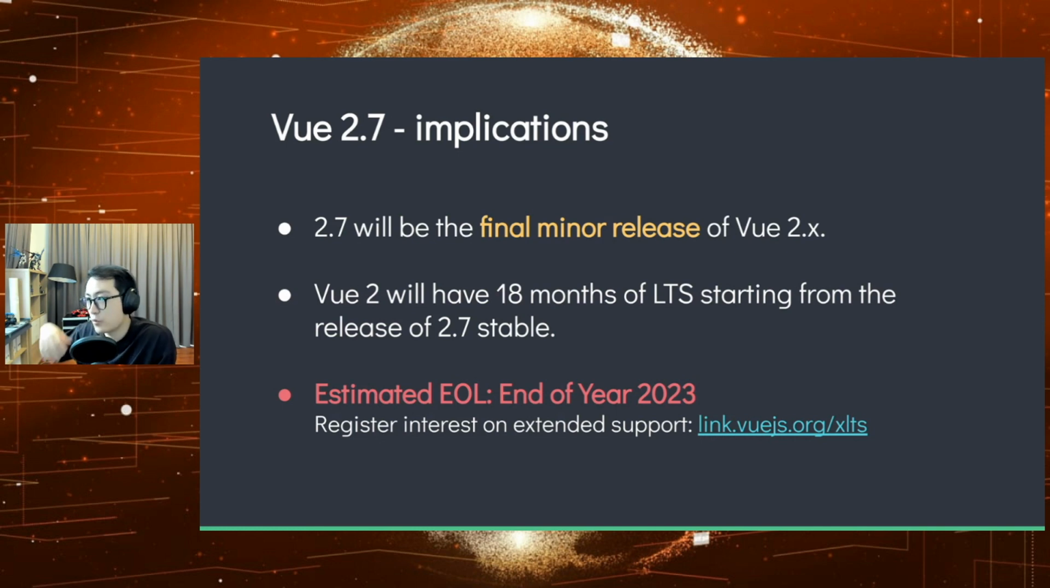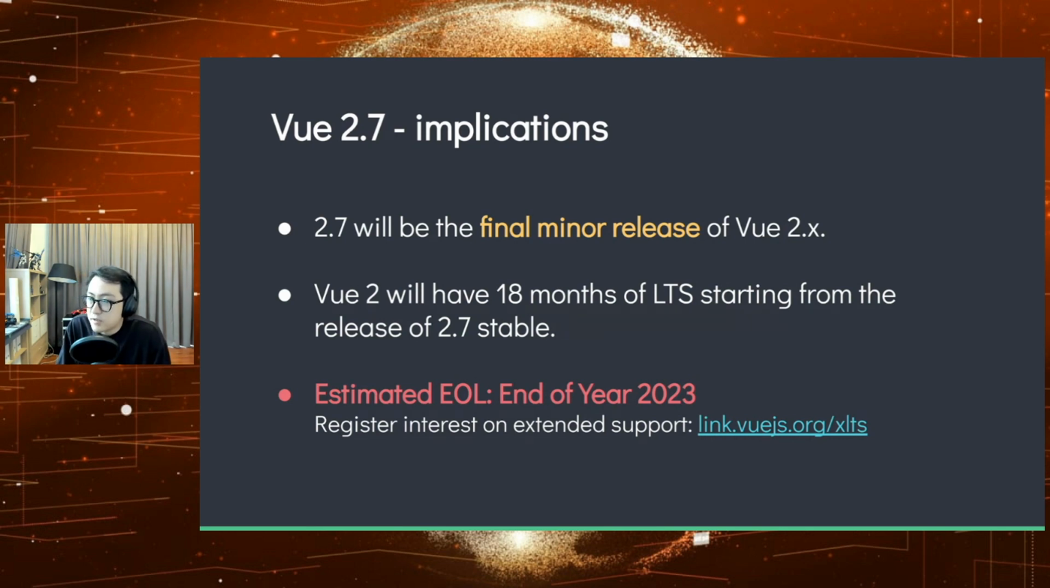And it will have 18 months of long-term support starting from the release of 2.7 stable. So this means after that 18 months, Vue 2 will be considered end of life. That means Vue 2 will be end of life by the end of year 2023, based on the estimated release date of 2.7. So we understand that if you have projects that are stuck on Vue 2 for the long term, and you don't expect to upgrade to Vue 3 anytime soon,